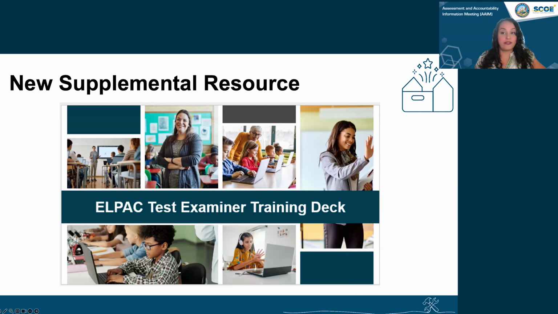This new slide deck includes the following sections: ELPAC overview, test security, accessibility resources, preparing for, during, and after ELPAC testing, ELPAC pause rules, technology needed for test administration, security incidents and cheating, preparing students with practice tests, training tests, and ELPAC interim assessment.